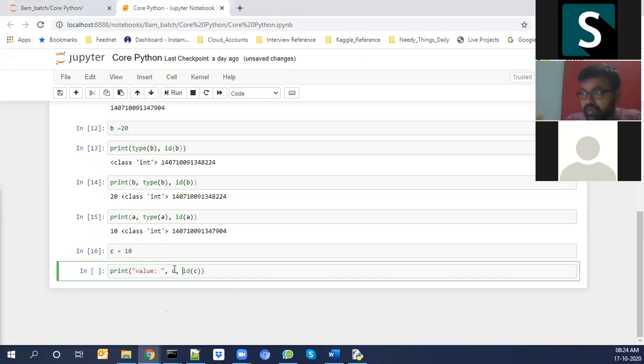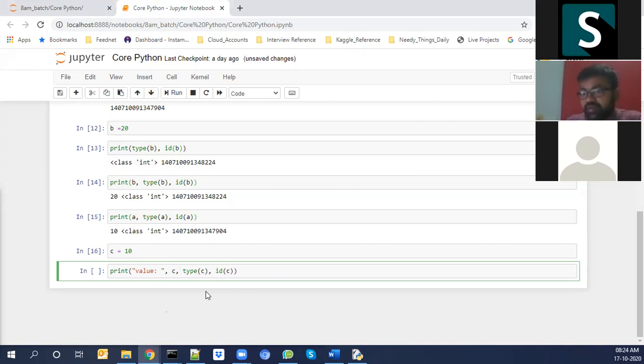Whenever I'm printing a string, after the string, if I want to print a particular object, I need to separate with a comma. Again, after that object, if I'm adding something like type of C, I need to separate with a comma again, or else I can print in a different line.